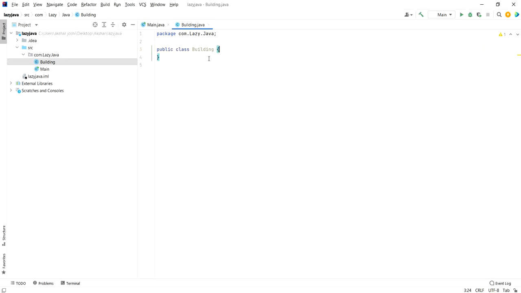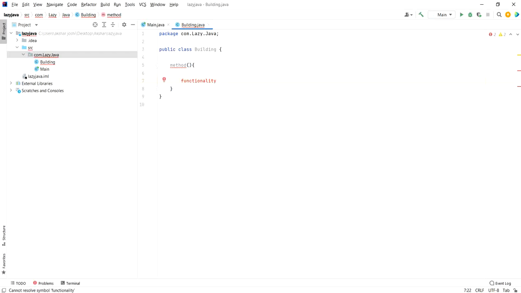How Java programming is done, the basic structure is that first, within the project or the package, you will have a class, and then within the class you will have a method, and then within the method you have the functionality, or the main function, whatever the function, how to run the program, or how to do a certain task.